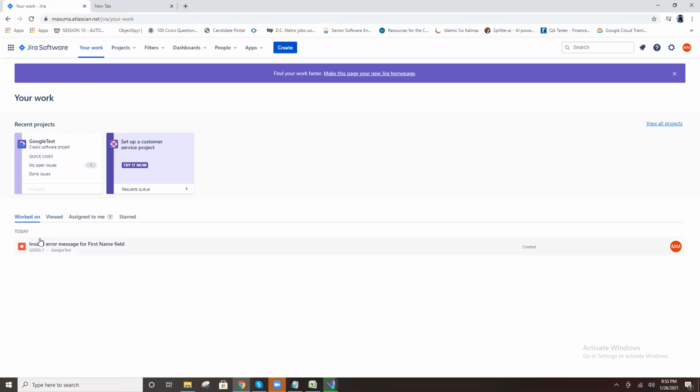See here, work on this created bug. This is a bug.